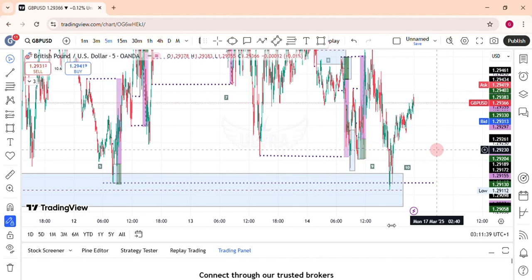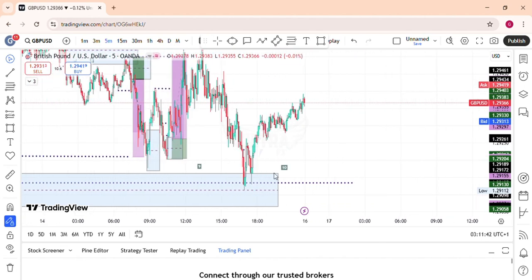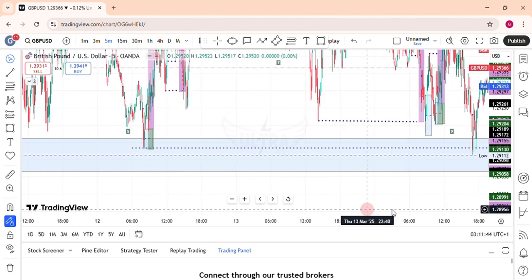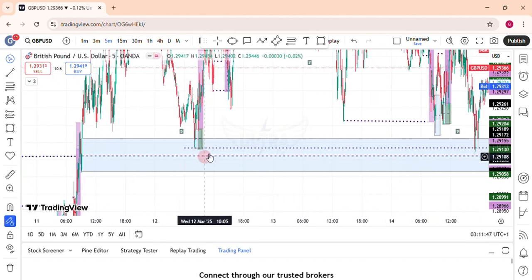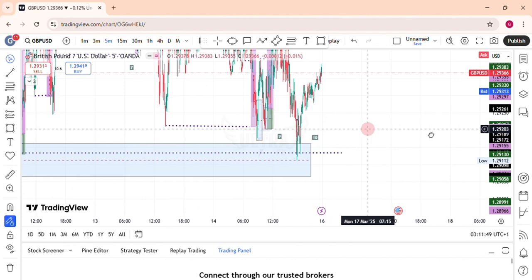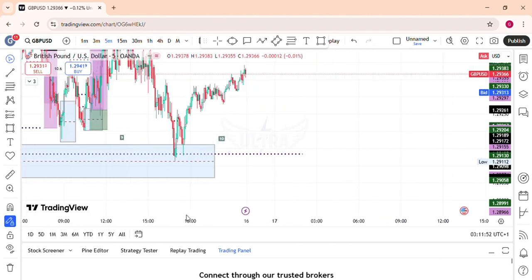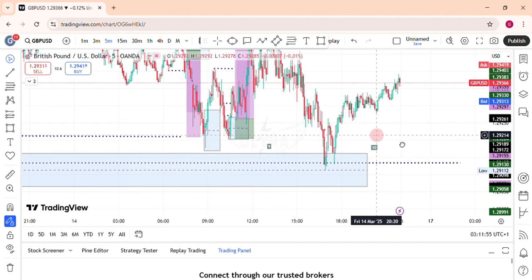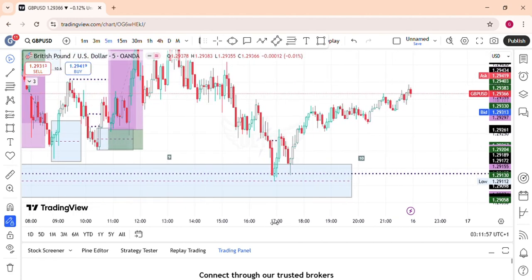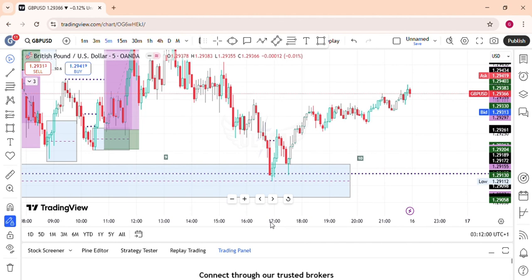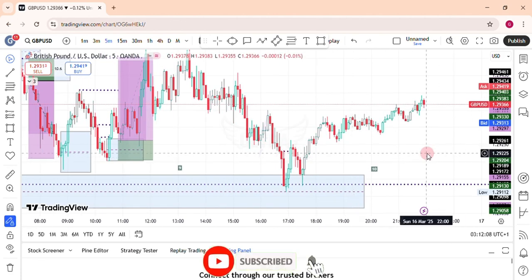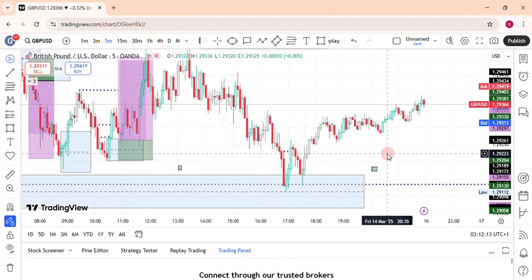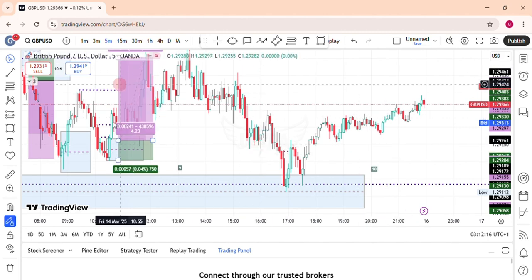So you can see that price actually respected that fair value gap that gave us our number 5 trade, and now it's also reacting to our number 10 trade. So since our number 10 trade is actually reacting to a fair value gap from our number 5 trade, we should just look for a break of market structure, and we can actually see a break of market structure when we go back to our 3 minutes time frame.